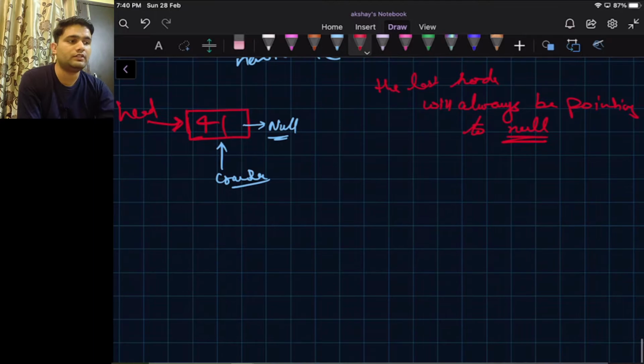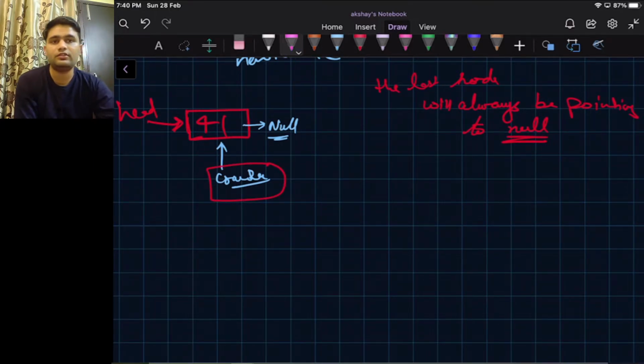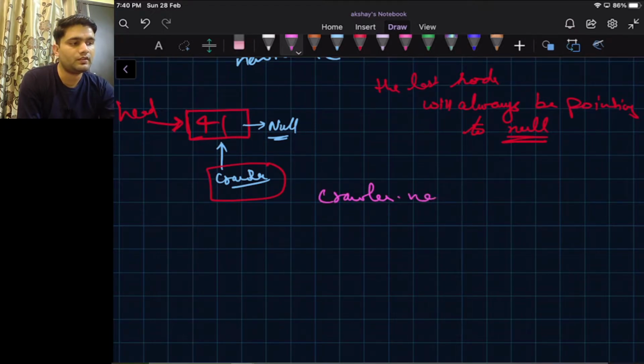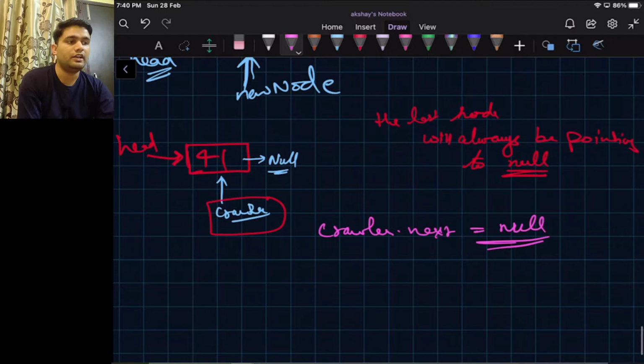So in this case we have created a crawler here, and as we can see the crawler's dot next is equal to null. So right now crawler is pointing to null. That means we are already at the last node of the linked list.